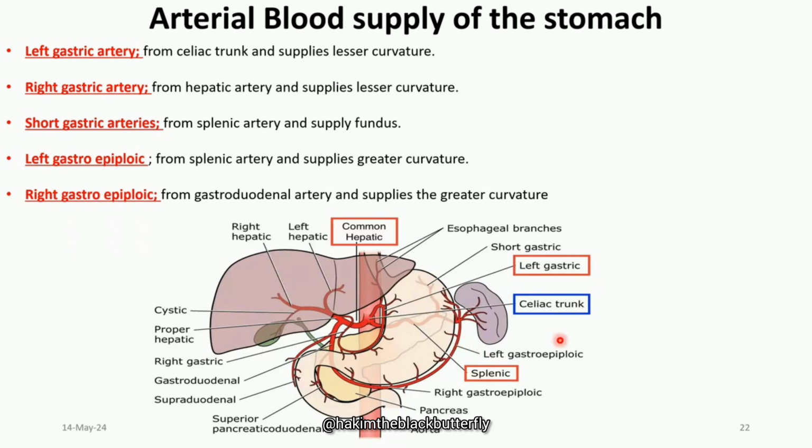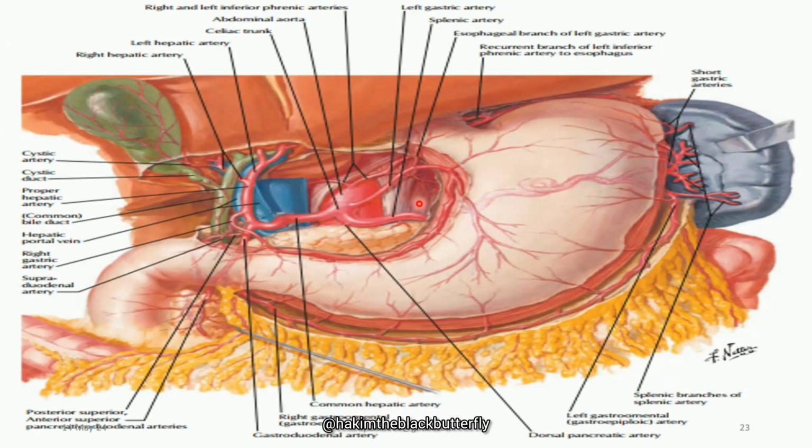This is a detailed picture showing you the three branches of the celiac trunk. The one going to the right, remember it was our common hepatic. You say that before going to the liver, it has the gastroduodenal artery that will come and give off the right gastroepiploic. This gastroepiploic can also be called the gastroomental. Why? Because the greater omentum attaches on the greater curvature. So this artery can also be called the right gastroomental. Then we said your common hepatic is going to become the hepatic artery proper that will be destined to go to the liver, but before reaching the liver it has a branch that we call the right gastric artery that will come to anastomose with the left gastric